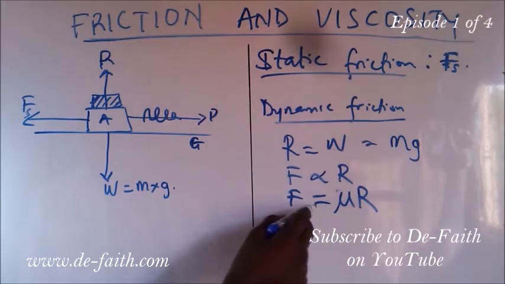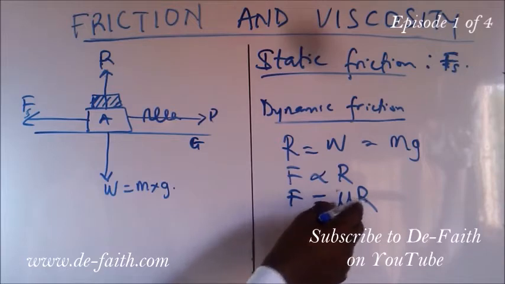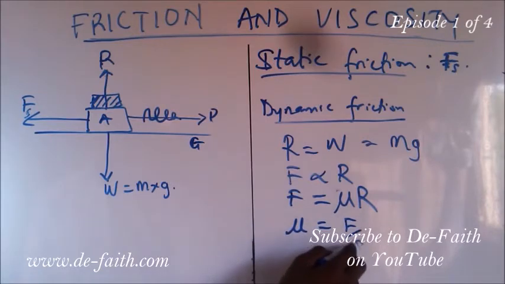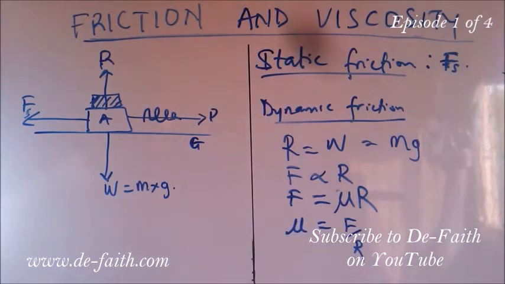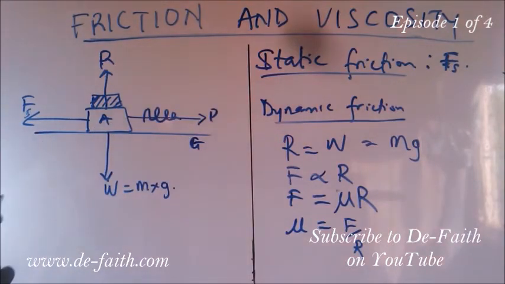And we have that F equals mu R, where mu is the coefficient of static friction. So we could have it that the coefficient of static friction is equal to F over R. And so we look at the laws of friction. The first law says that friction opposes motion. So just as we've seen, as we are pulling this body, there is a friction that is opposing its movement